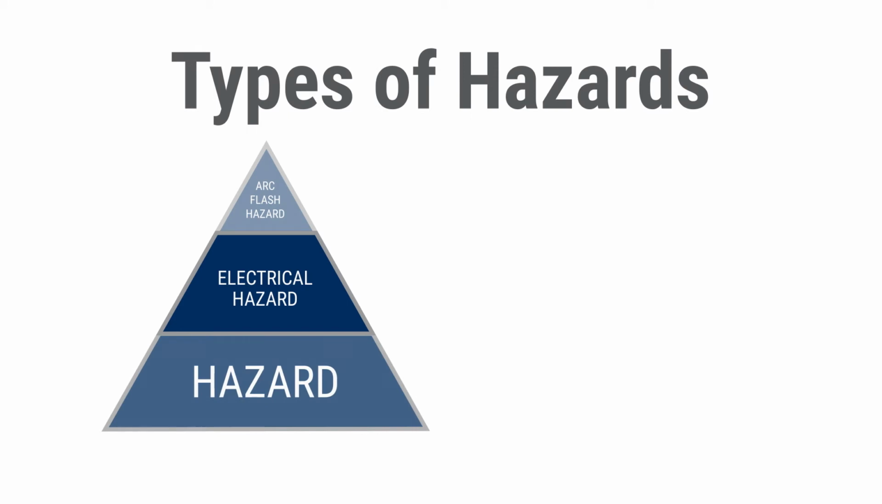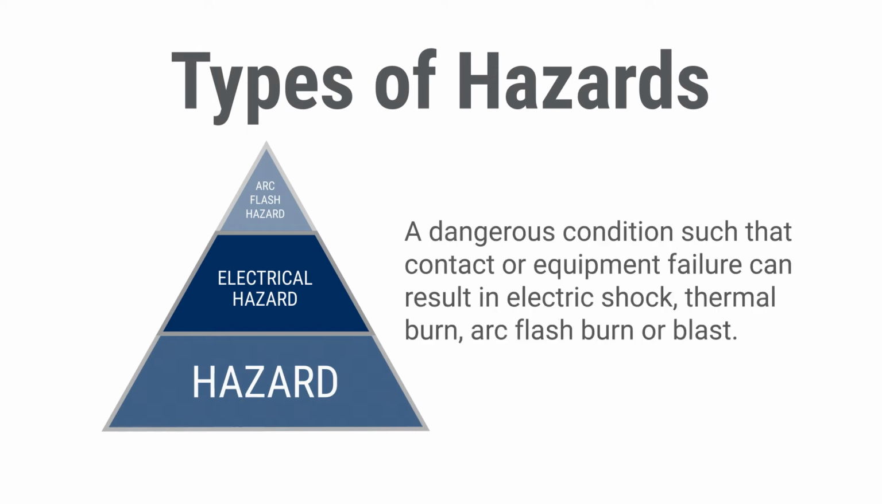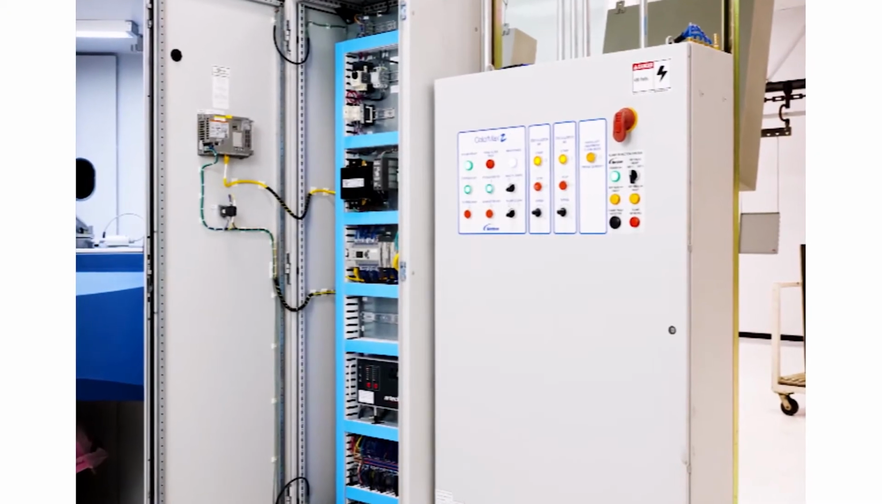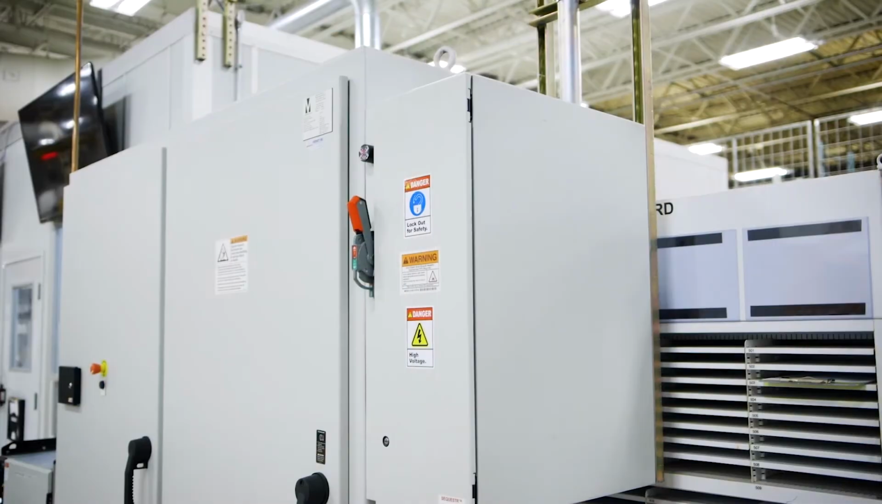A more specific type of hazard is an electrical hazard. This is defined as a dangerous condition such that contact or equipment failure could result in electric shock, thermal burn, arc flash burn, or blast. An example of this is an open industrial enclosure that is energized. This is a common condition when a technician needs to go in to work for troubleshooting purposes. And if he is not wearing gloves and comes into contact with one of the energized components, that could shock